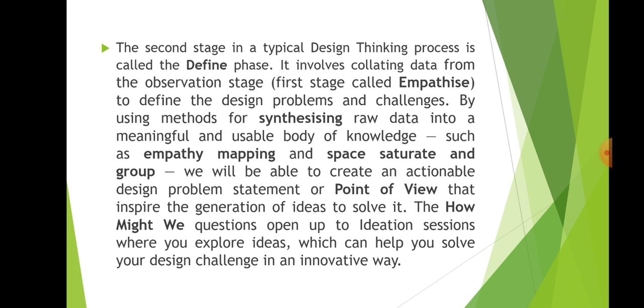By using methods for synthesizing raw data into a meaningful and usable body of knowledge, such as empathy mapping and space, saturate, and group, you will be able to create an actionable design problem statement or point of view that inspires the generation of